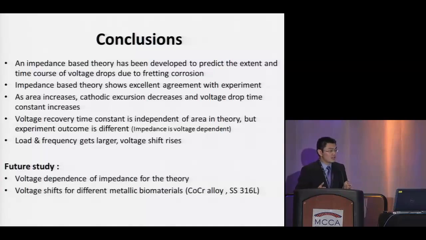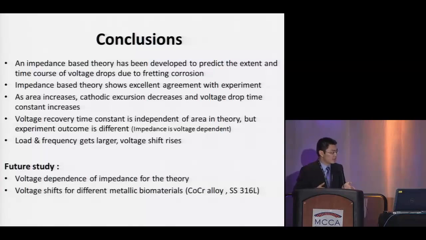As area increases, the cathodic excursion decreases, and the voltage drop time constant increases. The voltage recovery time constant is independent of area in our theory. However, our experiment data is different, and we think this is due to the impedance voltage relationship during the voltage drop of fretting corrosion. And last but not least, as we increase our fretting load and fretting frequency, the voltage